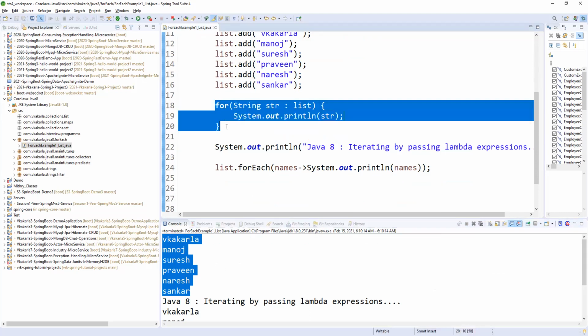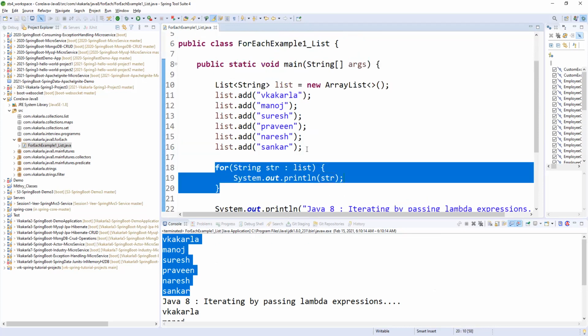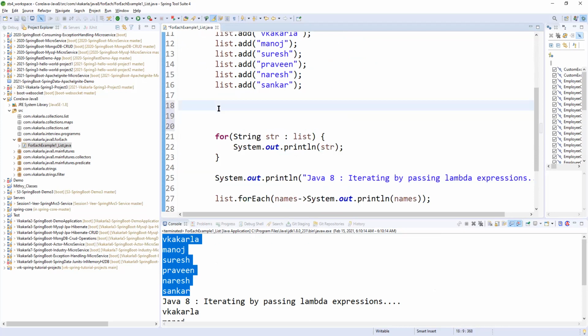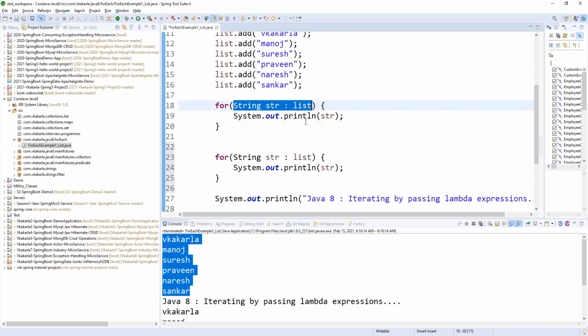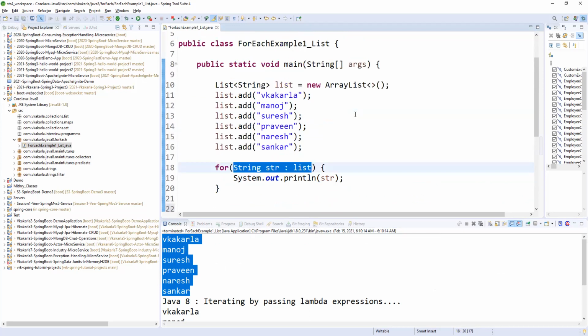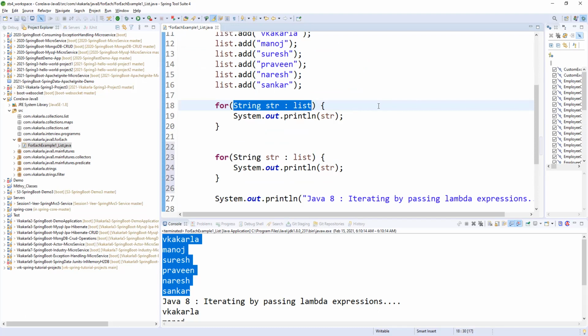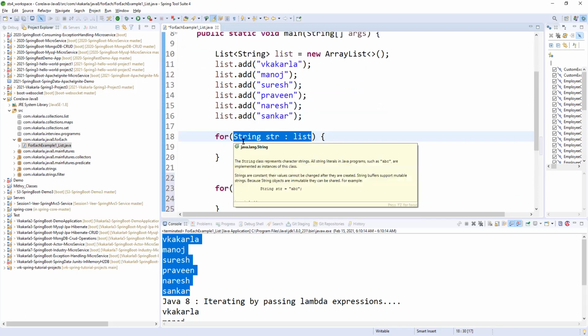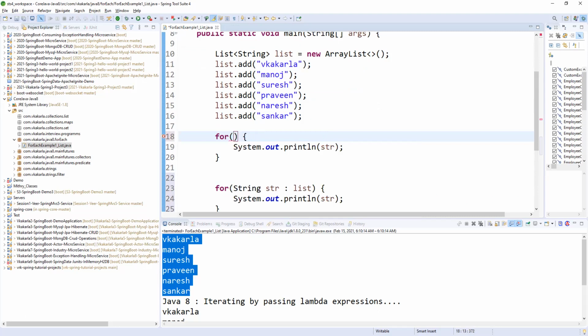Let me also check the for loop: int i equals 0, i less than size, i plus plus.